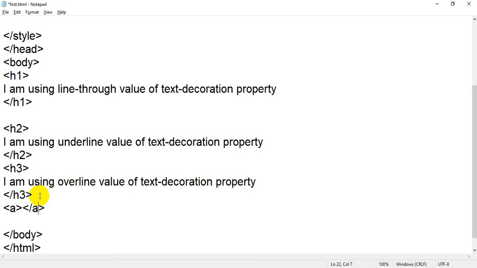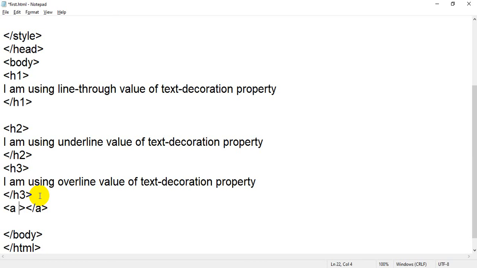Hyperlink means you are going to connect some HTML pages or any website. It means you have to assign a URL, the address of any HTML page or any website. When your user clicks on that particular link, an HTML page or website will open.